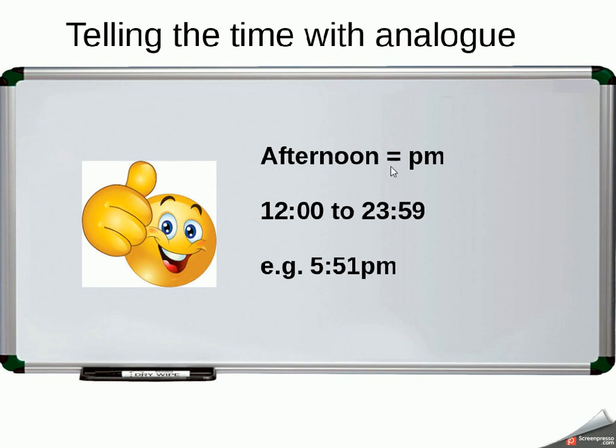If we want to show that something's in the afternoon, we put a PM on the end. So any time from 12 midday to 23:59 would have a PM on it. So what we'd use for midnight being 00:00 in 24-hour time, we use 12 AM. What we use for midday in 24-hour time, 12:00, we use as midday, and hence we put a PM at the end of it. So this 5:51 PM would be a time in the evening, because the